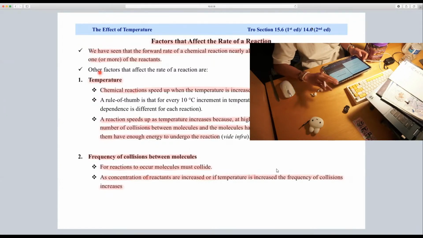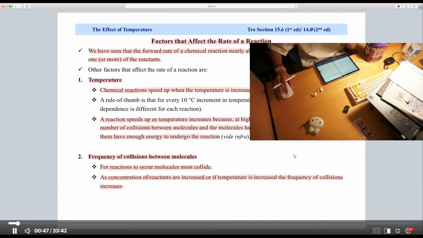The second factor that influences how fast the reaction takes place is temperature. As you increase the temperature, the rate of reaction increases. And the general rule of thumb is for every 10 degrees centigrade increment in temperature, the rate of the reaction doubles. Now,